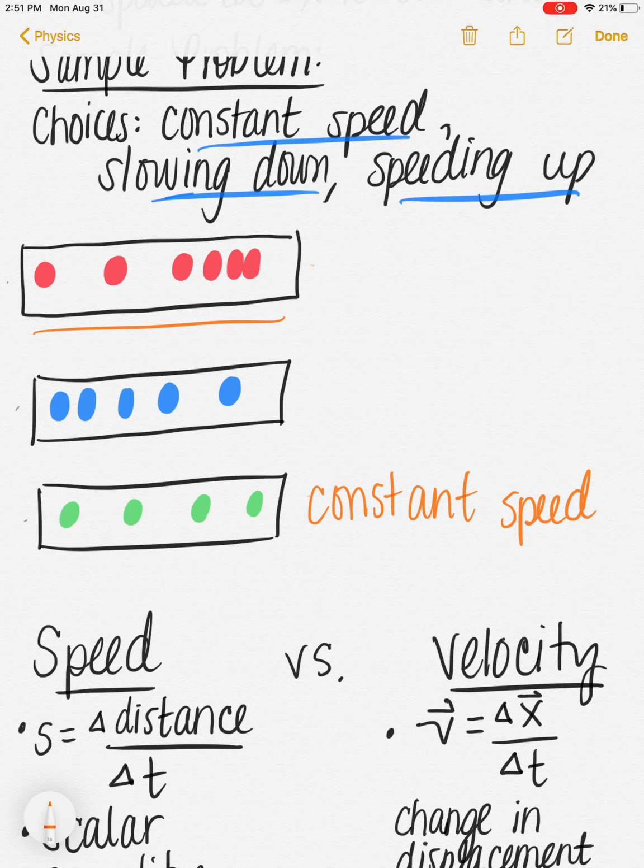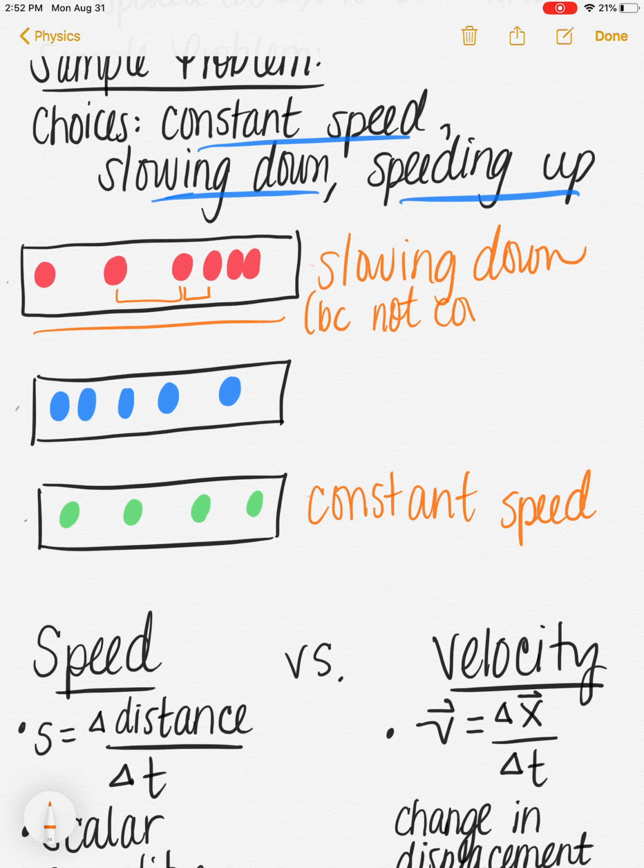So if you look here at the red diagram, at first the dots are pretty evenly spaced, but then the dots start getting closer and closer together, which means that you're not covering as much ground in the same time frame. So in this 10 seconds, you didn't move nearly as far as you did in the beginning. So if you're not moving as far in the same time frame, that must mean that you are slowing down. All right, and we said that's because you're not covering as much ground